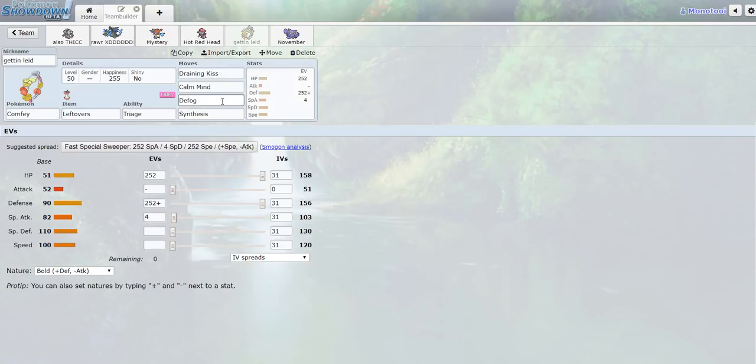Now, I wanted Leech Seed over Defog just because Synthesis is the most reliable versus a team with a Tyranitar and versus a team that'll be getting up Sand versus me. However, I do want Synthesis over Leech Seed. I want that immediate recovery, and also I needed Defog for this game because he does have Araquanid, and Webs